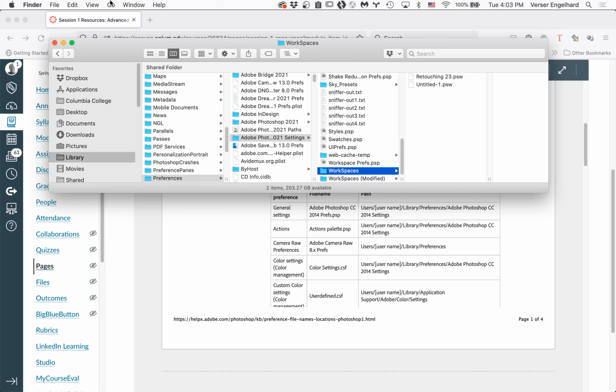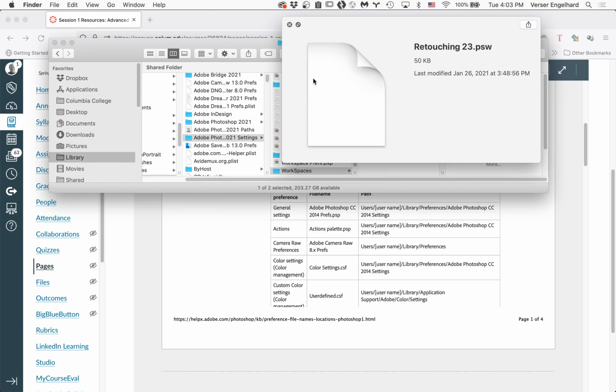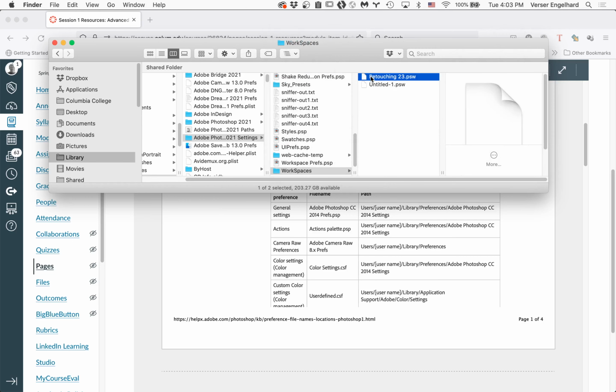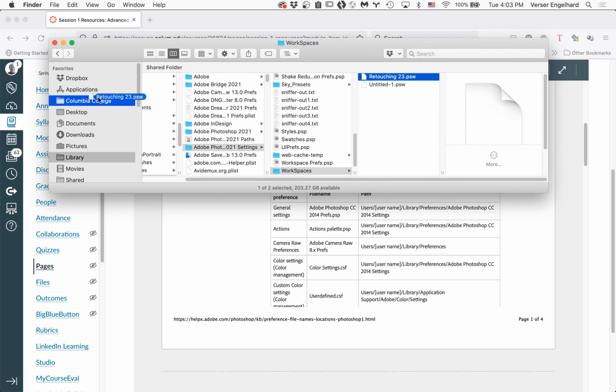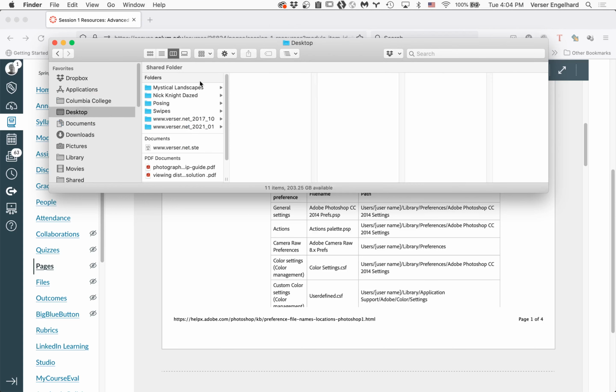Anyway, go down to Workspaces inside of your preferences of your library, and you'll find the custom preference that you just made. Copy that to your desktop as well, and then you don't have to make it ever again. So I'm just, again, going to drag this to my desktop. Hold down the Option key to make a copy of it. And then if I go look at my desktop,